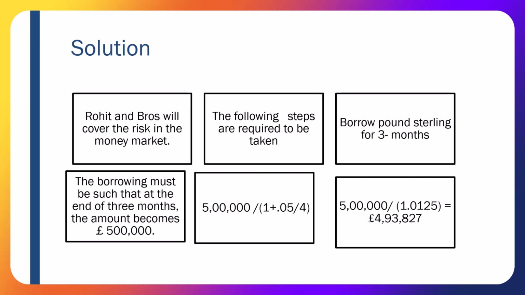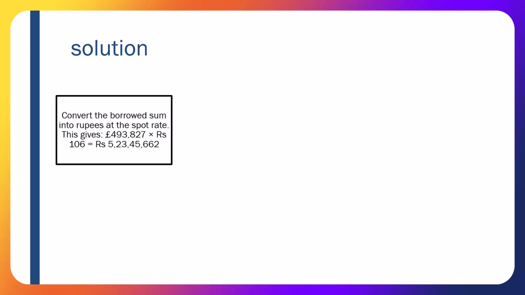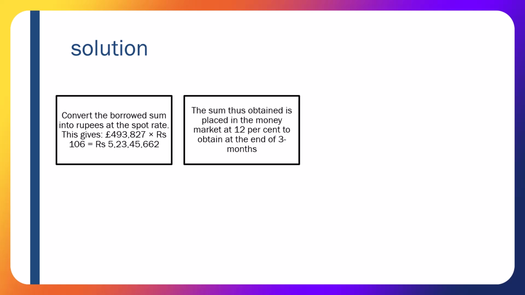आप ये जो पैसा है ये इंडिया ले आओ पाउंड्स को, और उसको 106 रुपये के हिसाब से जो रेट है उसमें कन्वर्ट कर दो और इंडियन रुपीज़ में कन्वर्ट कर दो। ओके, तो वो अमाउंट हो जाएगा 5,23,45,662 रुपीज़। ये आ गया पैसा। अब इसको आपने इन्वेस्ट कर दिया at 12% for 3 months। इंडिया में इन्वेस्ट कर दिया। Assume कि आपको 3 महीने के बाद ही पैसा मिलेगा, अल्टीमेटली आपने उसको पैसे को जाके इन्वेस्ट कर दिया। So the money will become